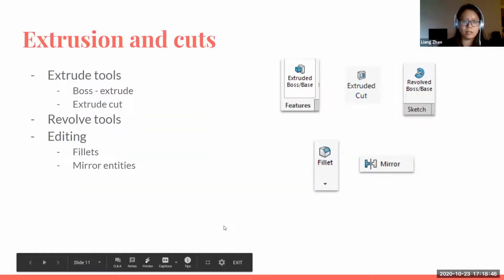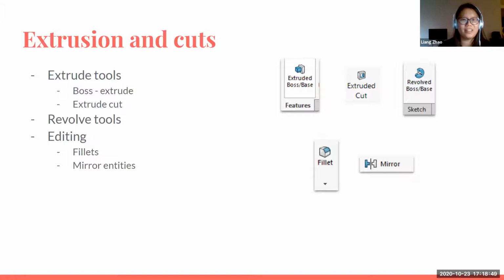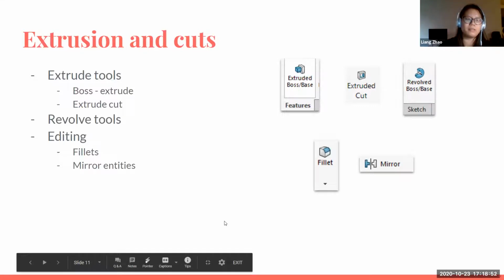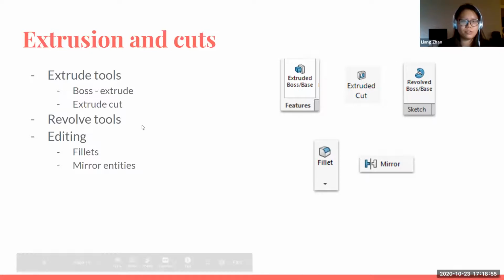Another essential part of creating an extruded object is using extrude tools, revolve tools, and many editing commands. For extrusion tools, there are two different types. One is boss extrude, which basically adds material to the face you've drawn and turns it into a 3D object. Extrude cut is used to cut into the extruded 3D object. For example, if we have a block and we want to cut a hole through it, we'll use the extrude cut tool on one face of the block